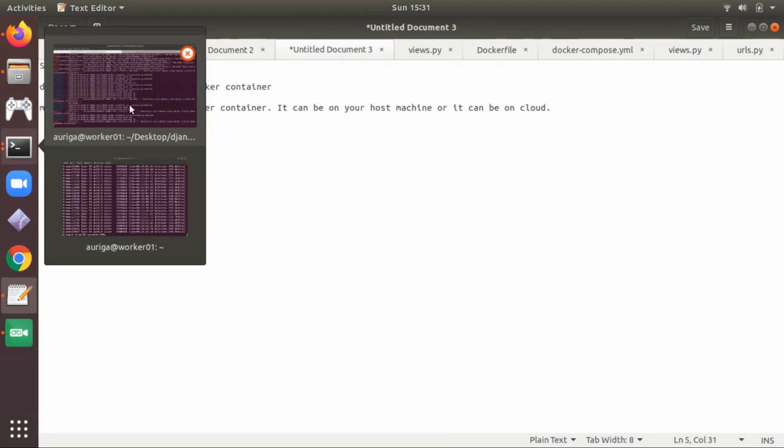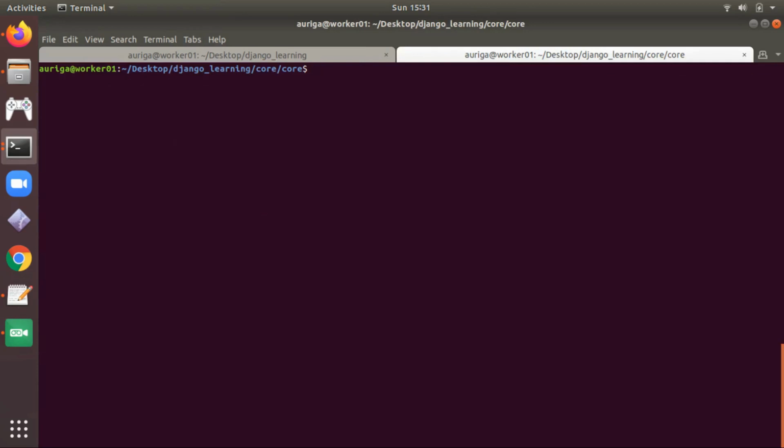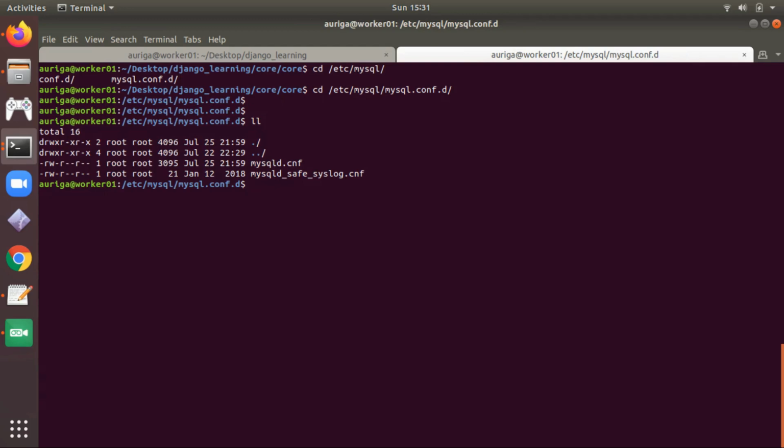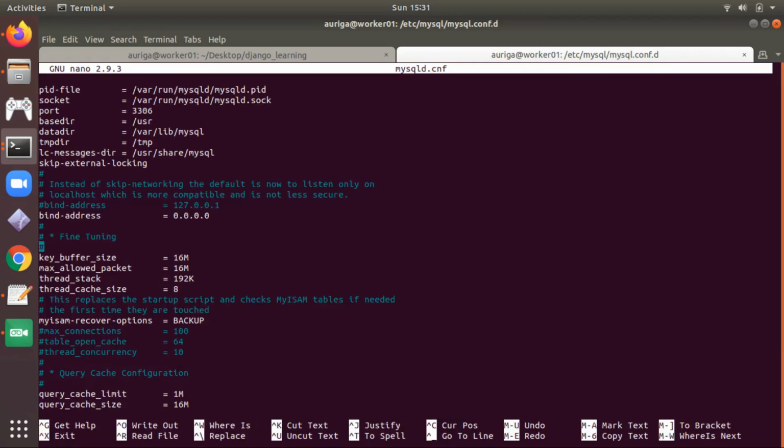So by default your MySQL is not accessible. So I made some small changes in my MySQL settings. If you open your conf file, this file, here you can see by default your bind address is like this.